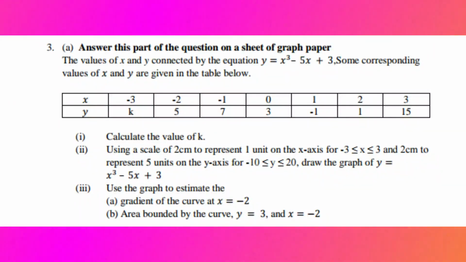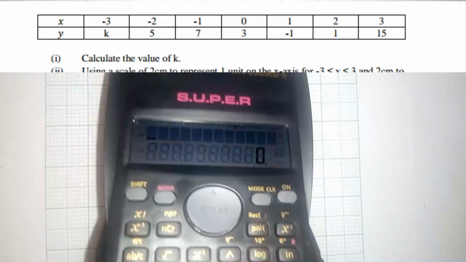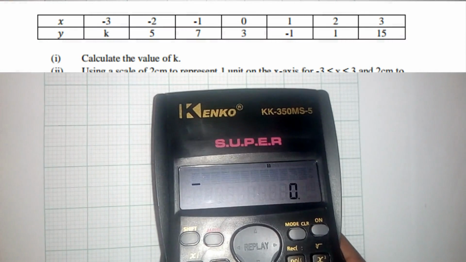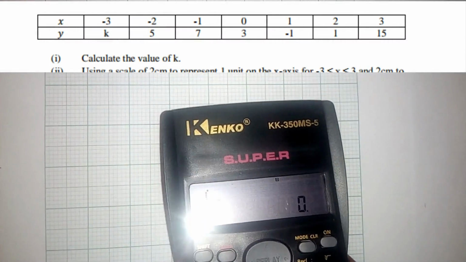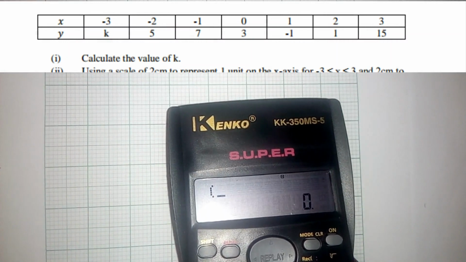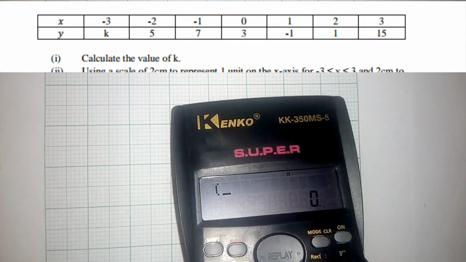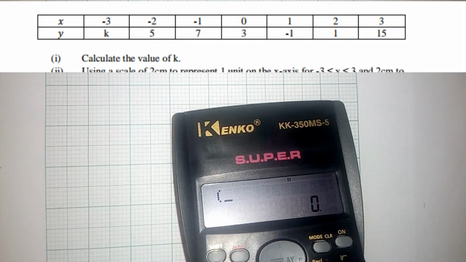So this is a cubic function question, or cubic equation question, and they're asking us to find or calculate the value of k. So let's check out the table and calculate the value of k. In order for us to calculate the value of k without wasting our time, we can use the calculator. We say open bracket and then check on the table what the x value is. It's -3. So you put -3,